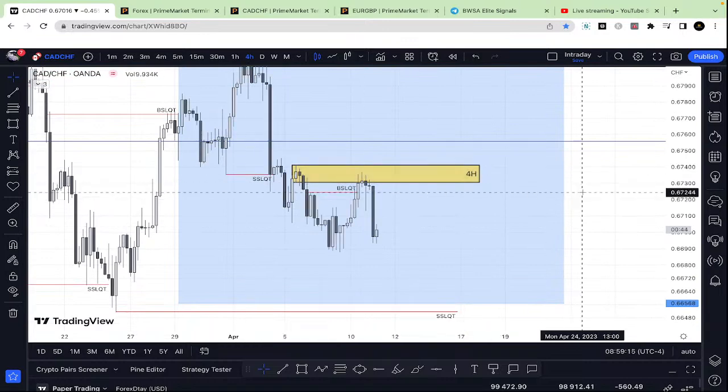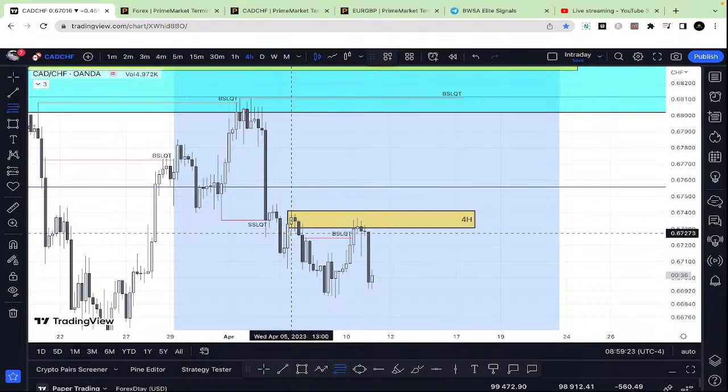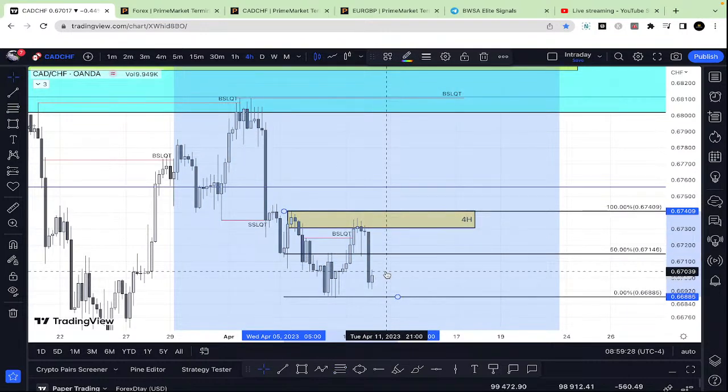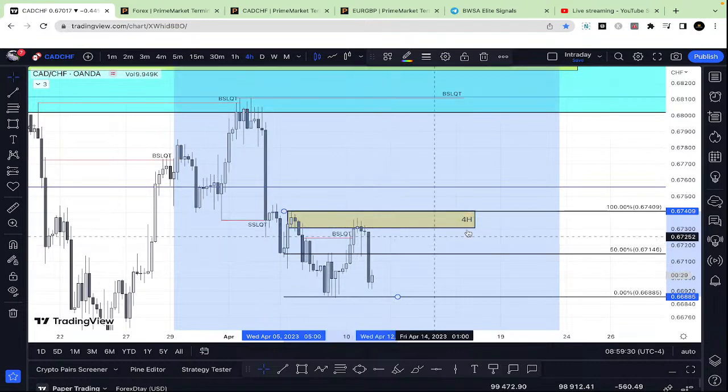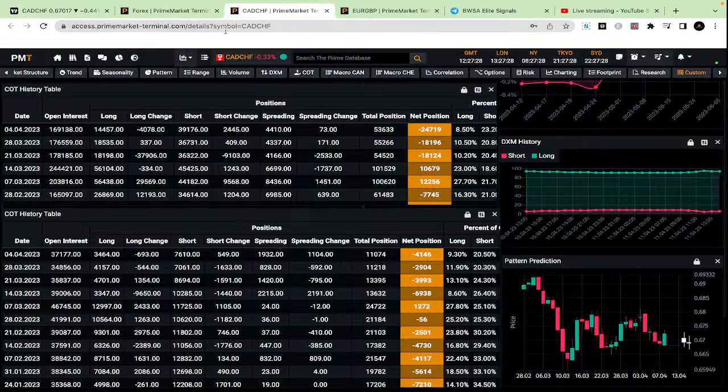Price did come back into that territory. So price broke structure right here. This is the current dealing range right here. So let's do that. That is deep into a premium. The current imbalance and things like that are deep into a premium. So considering CAD Swiss franc, and let me real quick